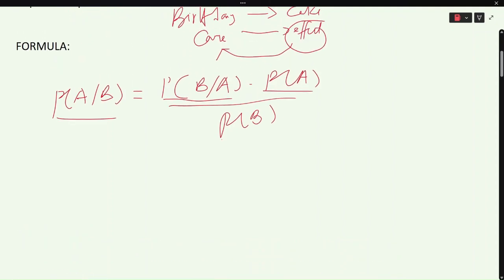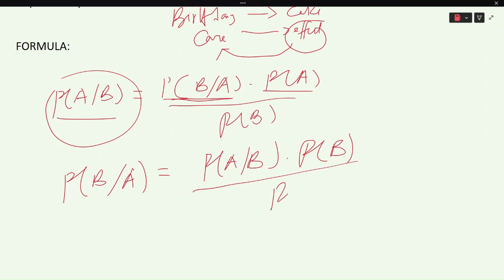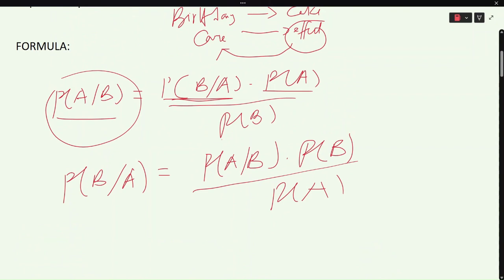Now let's solve an illustration. In the same vein, if you have this and you want to find this, the probability of B, given that A has occurred, is the probability of A given B times the probability of B, divided by the probability of A. There's a way of doing it because it reverses the conditional probability. It reverses the condition. So before we zoom into our illustration,